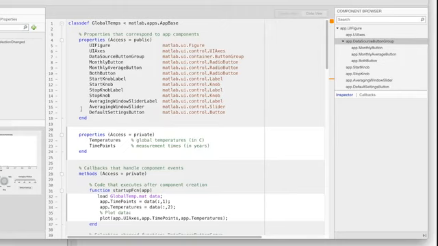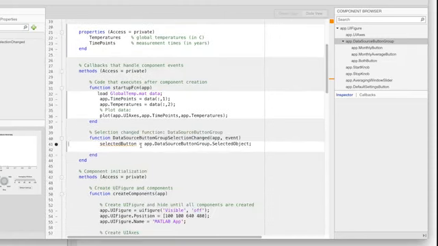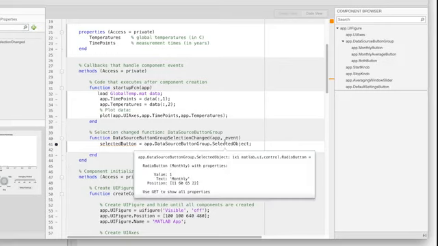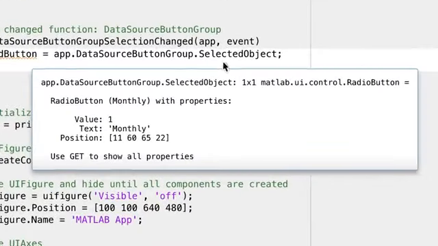Okay, back to business. Data Source Button Group is an object with its own properties, and one of them is named Selected Object. When we clicked on the Monthly button in the Radio Button group, Selected Object was automatically assigned that button. It's one more thing done by MATLAB in the background. Let's hover the mouse over that Selected Object property to see what's in it. This pop-up shows that it holds a scalar object of the class